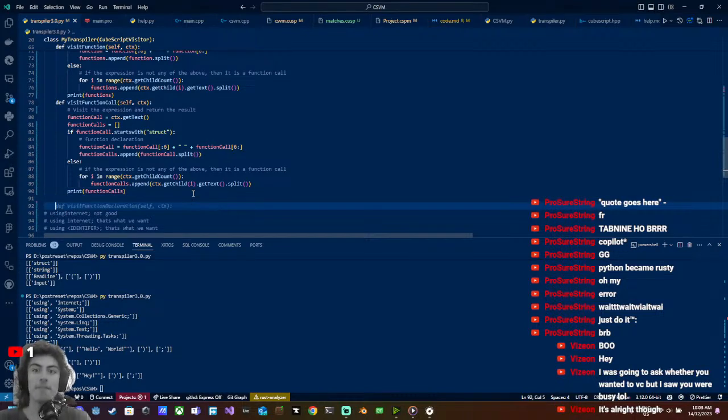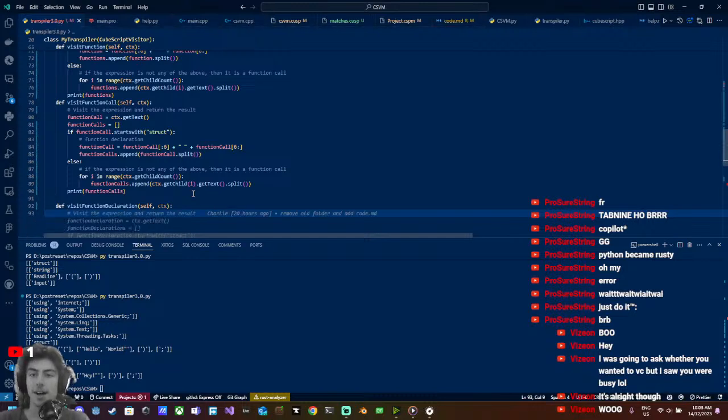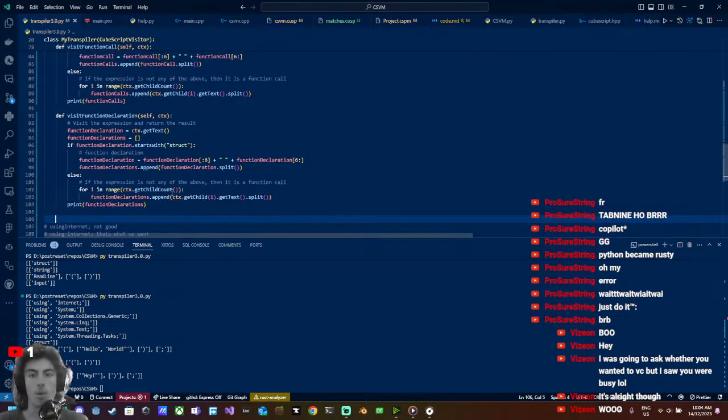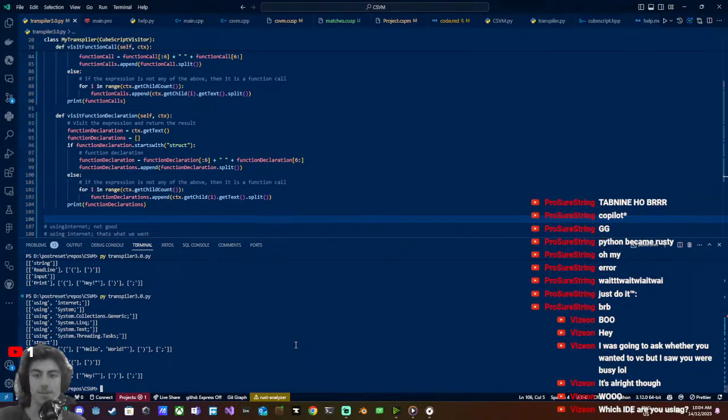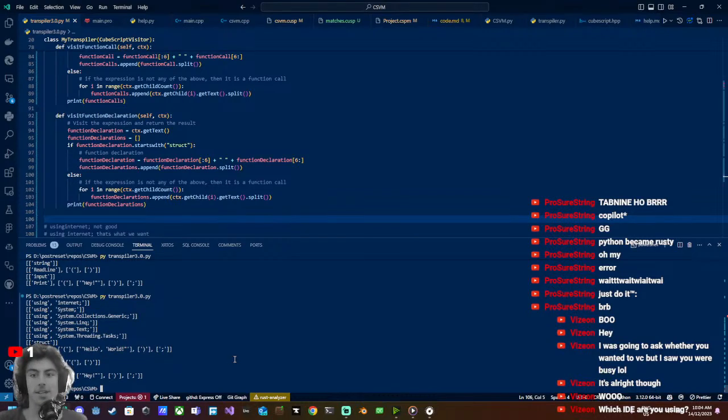This is by far the laziest... Okay, we'll print the function... Come on, give us some new stuff. Function declarations, there doesn't seem to be anything different here. Okay, so we have,